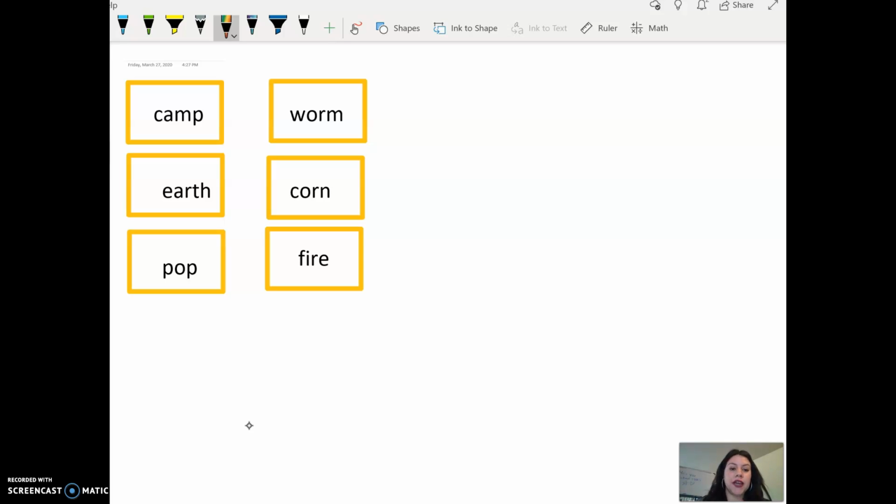So I'm going to try to match this first word here, camp, with a different word. Okay? Well, camp, worm. I don't think I've ever heard that word before, campworm. So I'm going to try the next one. Camp corn. Also not something I've heard. Campfire. Huh. I know what a campfire is. A campfire is something